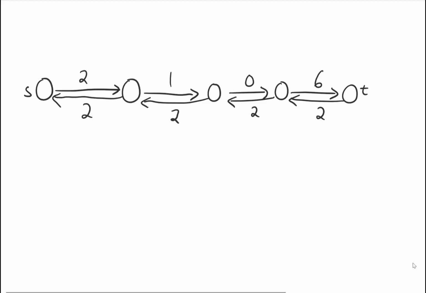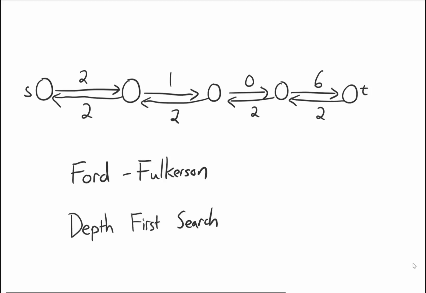So this algorithm of finding these paths this way is called Ford-Fulkerson. And how do you find a path? Well, we already know this, it's just depth first search. So we could use it to just find any path that we care about. So what I'm going to do is go ahead and implement this and show you one way of coding this algorithm, now that we've talked about how this works and thought about it.